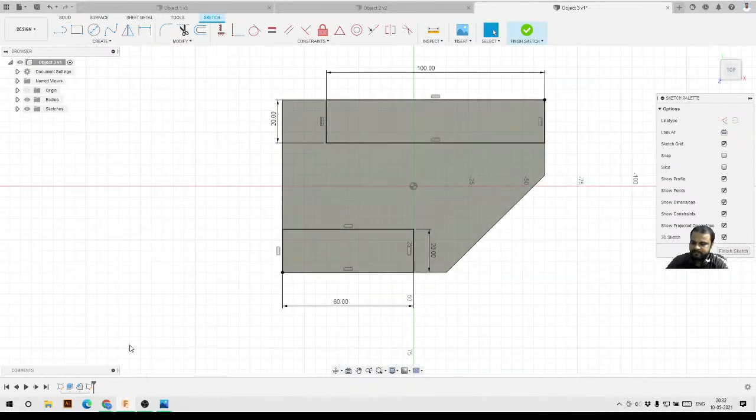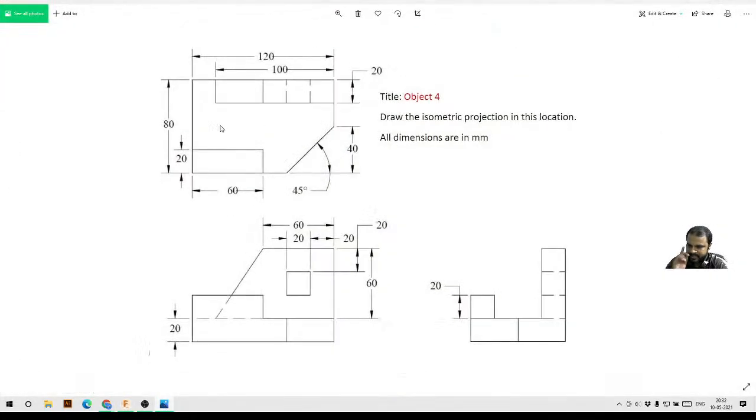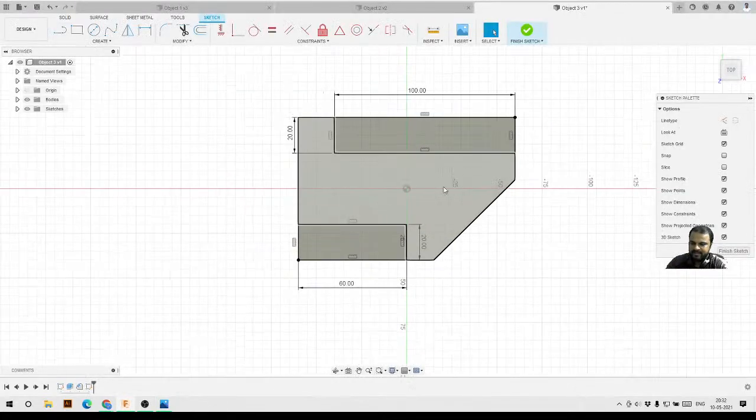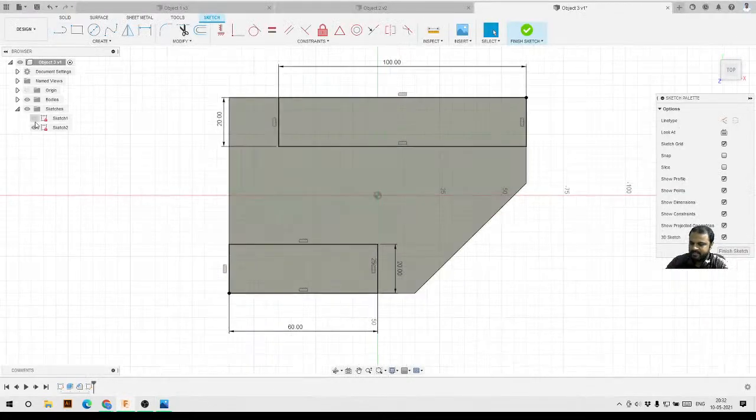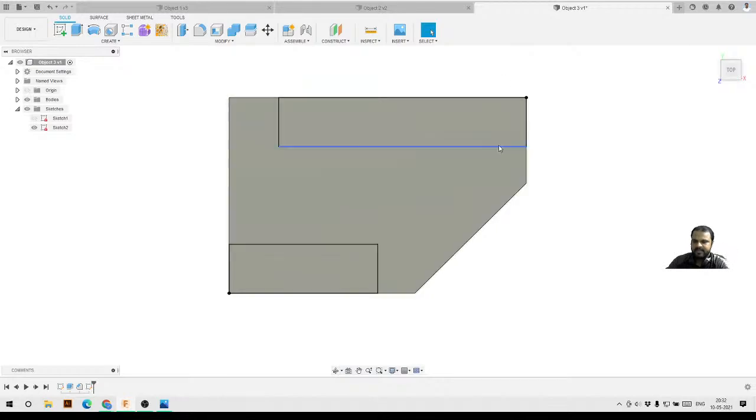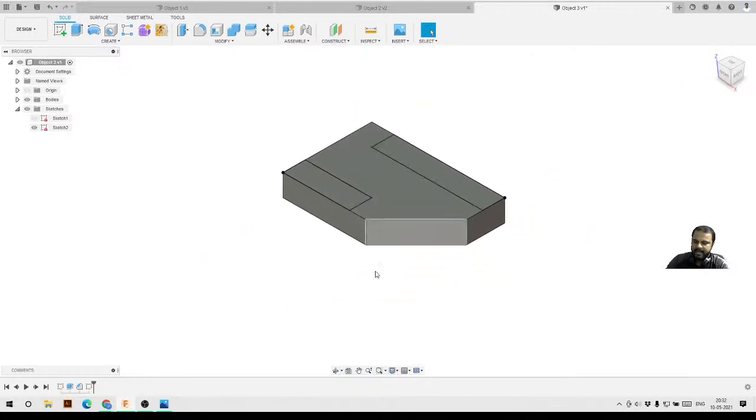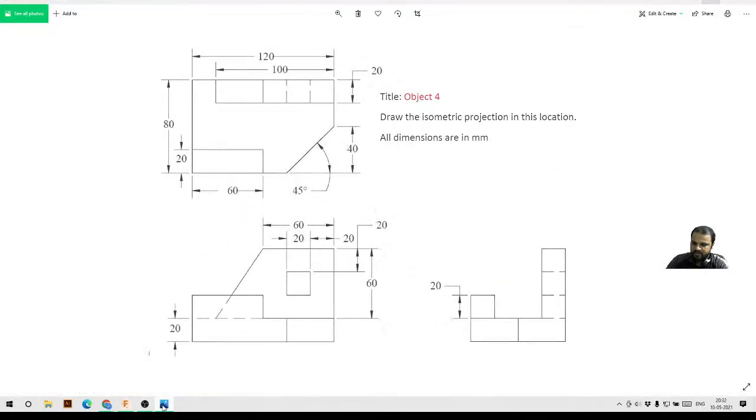Here you can see, if I cross check it again, yes, it is correct. So I will check the sketch also. The sketch is also constrained, and I will click on finish sketch from here. Since we are done with the sketching, I will click on finish sketch. We'll go to the home view, and here you can see what we have to do now, we have to